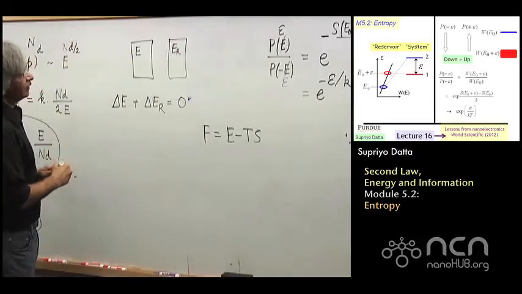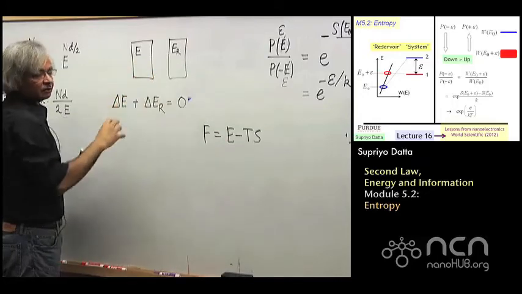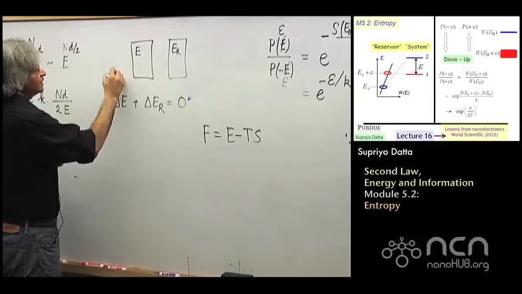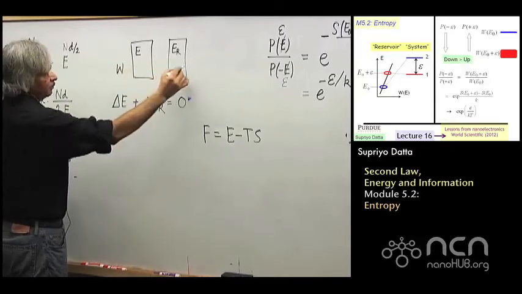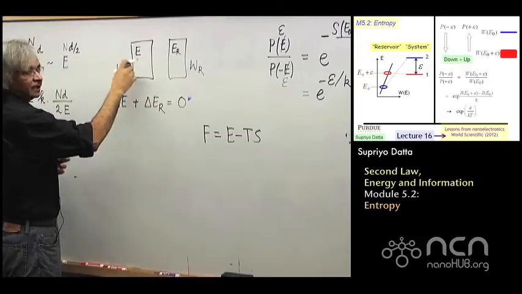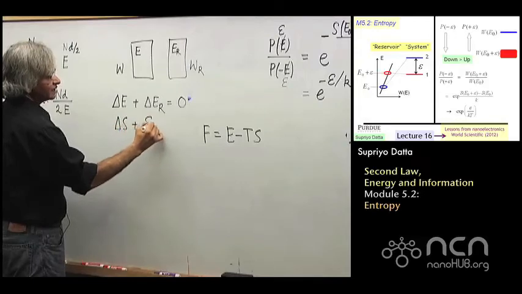On the other hand, when energy is exchanged, the entropy of these systems will change, because the number of states that are accessible, the W or the WR, will now be different, and S equals k log W. So this delta S plus delta SR